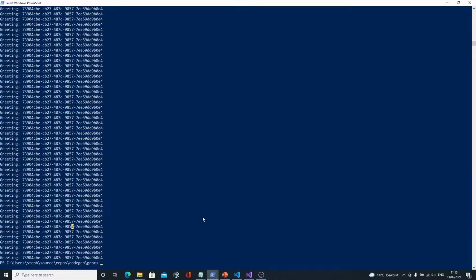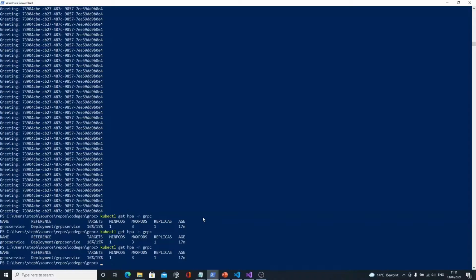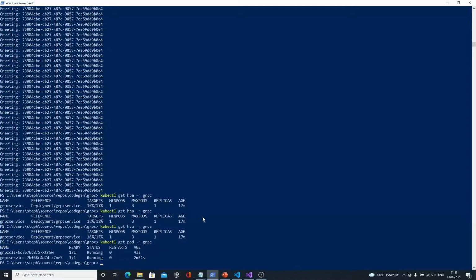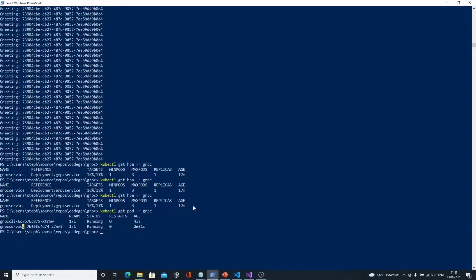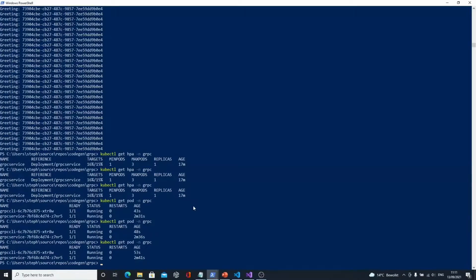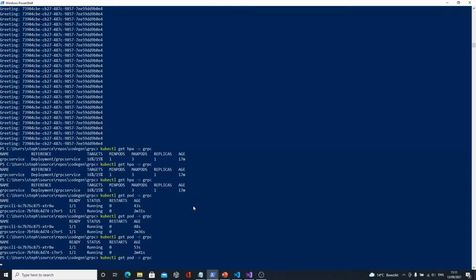So now my HPA, which we had a look at before, should actually detect this. It's still a bit stuck at 16% now, but it should at some point kick off and increase even more. It should multiply the number of instances of my gRPC service. So let's see, we have to wait a bit. I could do that manually as well, of course, but I wanted to show you how plain Kubernetes works out of the box.